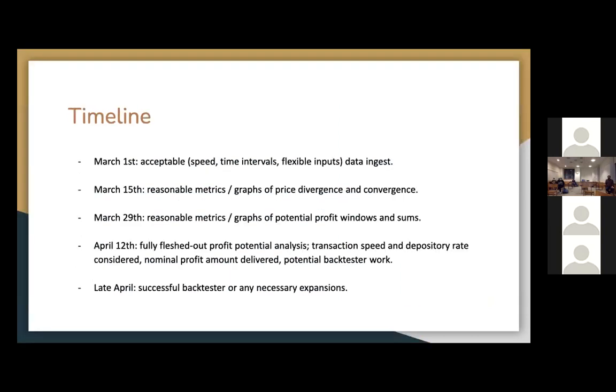So this is my timeline. I'm hoping by next Monday to have successful or acceptable data ingest, whether that be faster time intervals on a smaller time scale, or I'm able to find illiquid pairs that are traded few enough and are obscure enough that price discrepancies persist over the minute time scale. So I want that done by next Monday, and then 2 weeks from that day, I want to have some